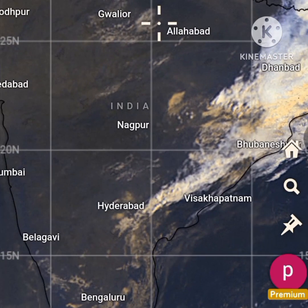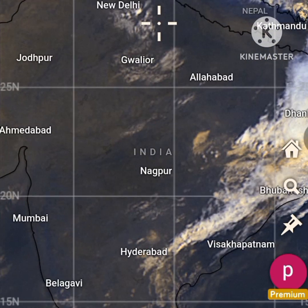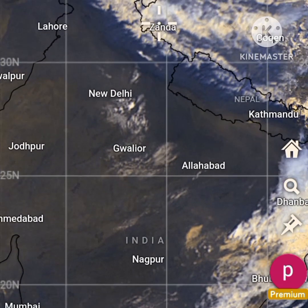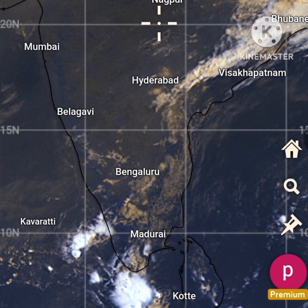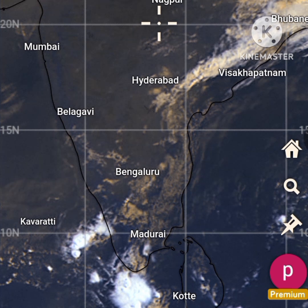And apart from that, we don't see any significant thunderstorm activity over the remaining part of India. Some patchy clouds can be seen over the Kerala region, but I don't think they are affecting land that much. Most of them are over the ocean. So yeah, but